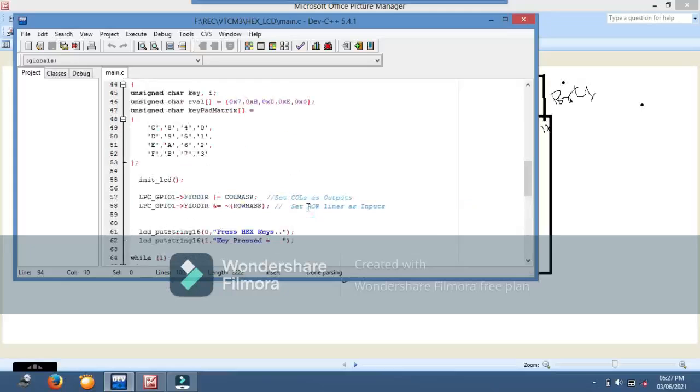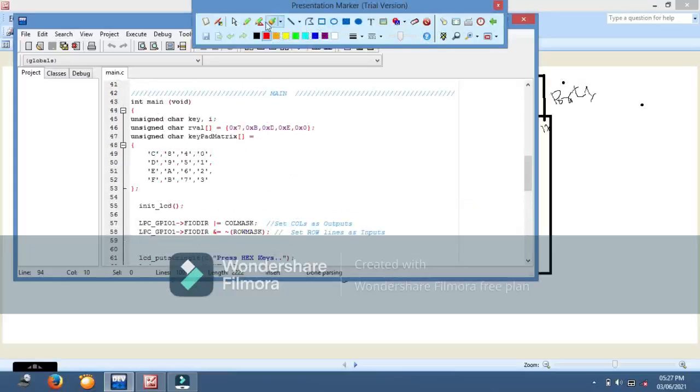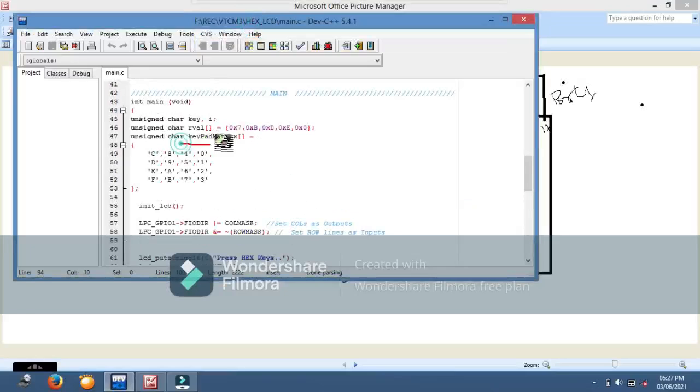The keypad matrix array which we defined: keypad matrix of 0 is this one, C. Keypad matrix of 1 is 8, 2 is 4, 3 is 0, right? 4 is D, like that it is.